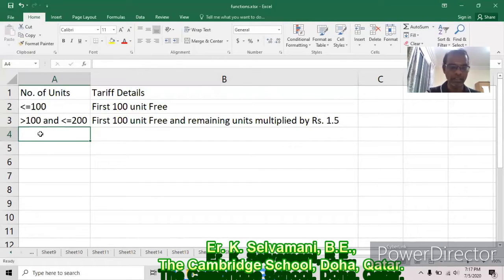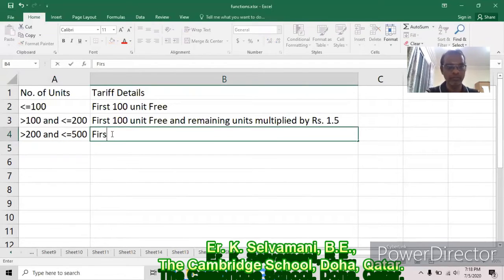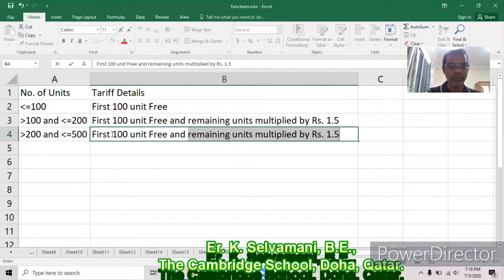Similarly, in the third slot, the number of units is greater than 200 and less than or equal to 500. More than 200 and less than or equal to 500. Here also the first 100 units are free, and the second 100 units are multiplied by rupees 2. That should be added with